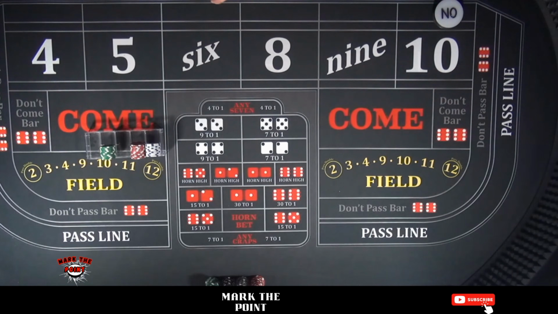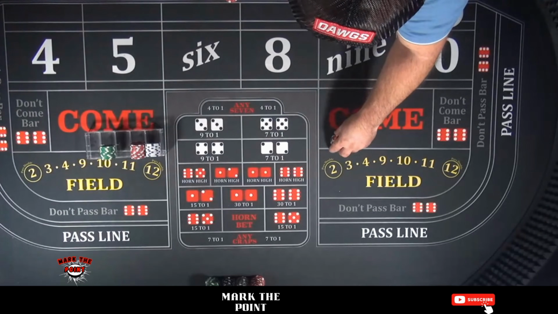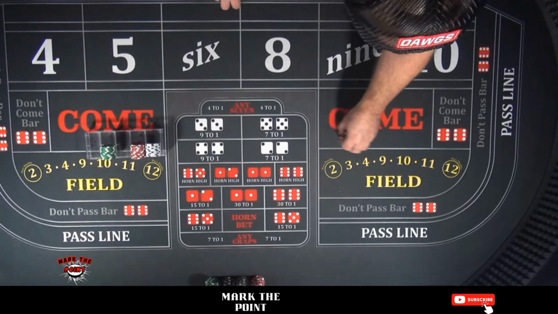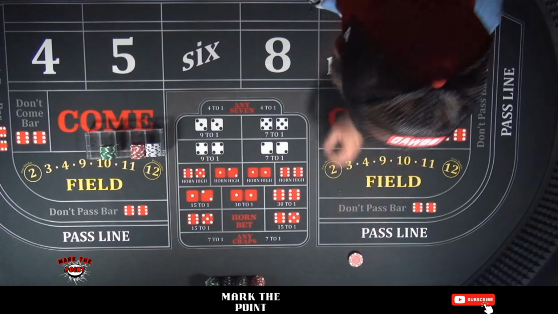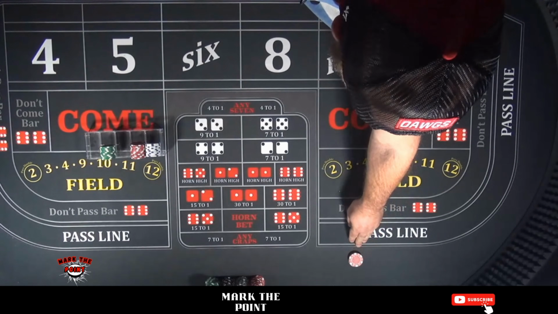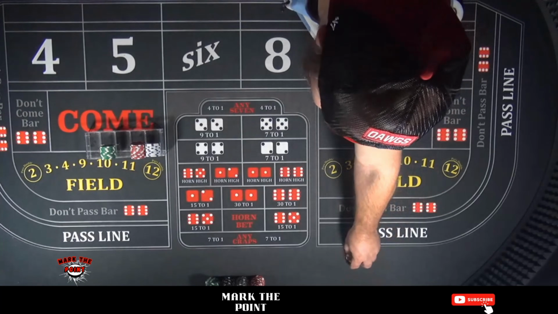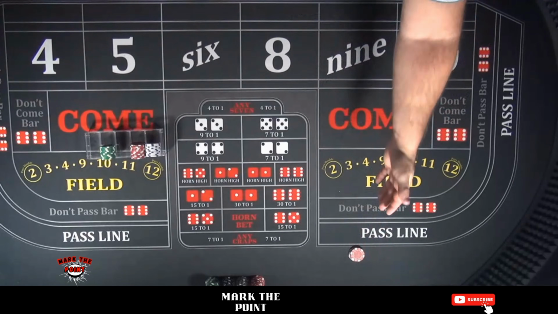It's okay to say, all right, let's say you want a $30 6 and 8, and you're at stickman 2, so you can actually put your money down here in the come bet. Don't put it back here. If you put it back here right below you, first of all, the dealer has to reach all the way across to pick it up. Second of all, they don't know what that bet is for.